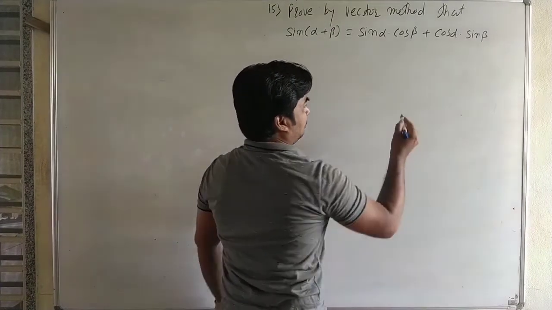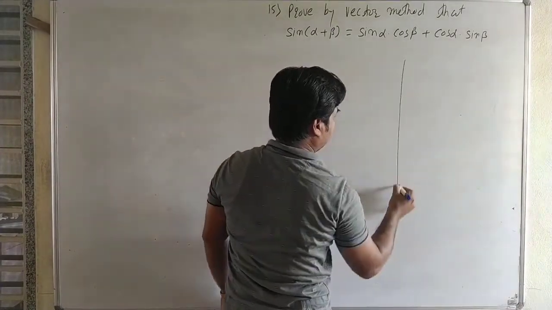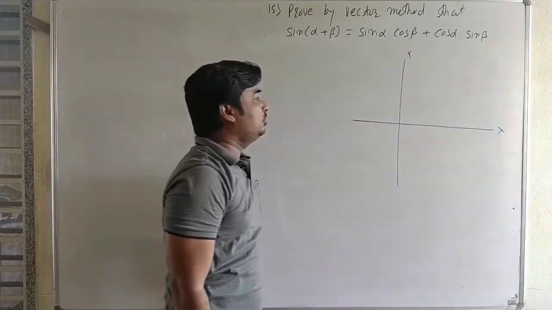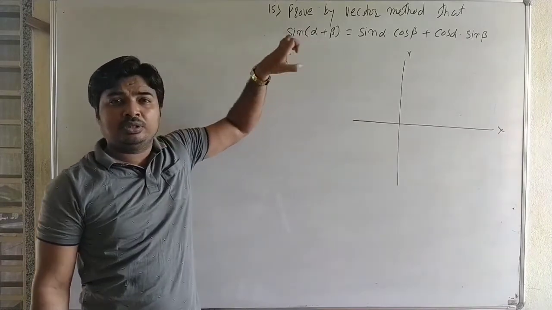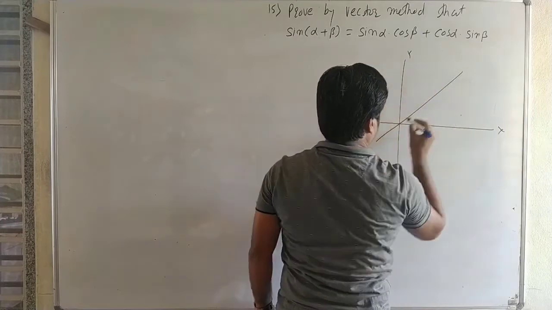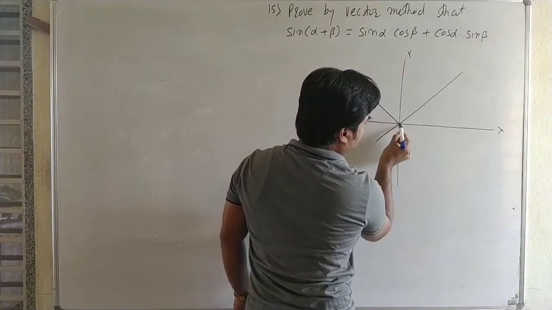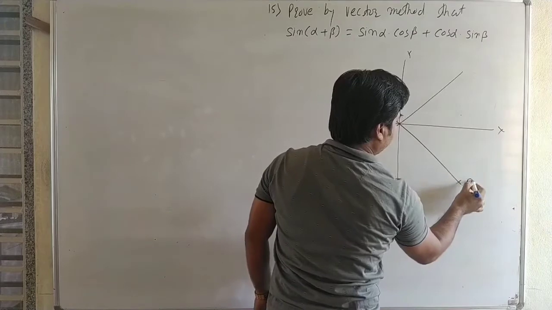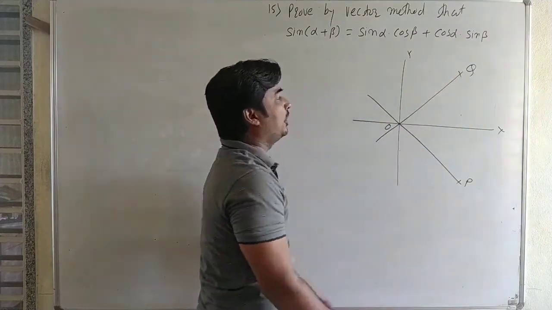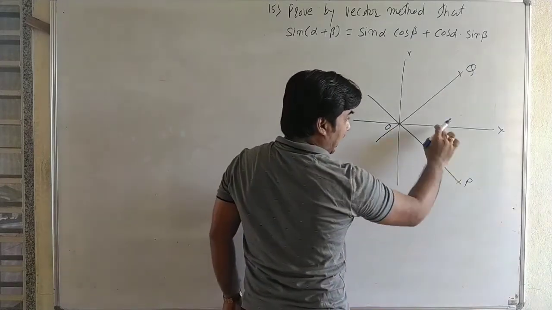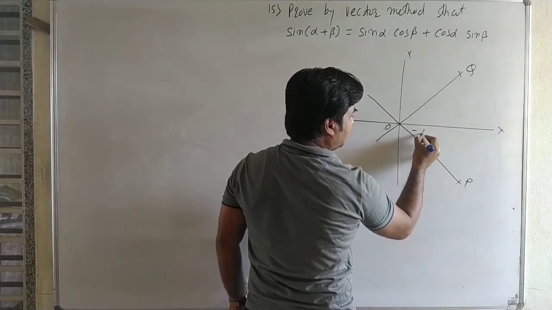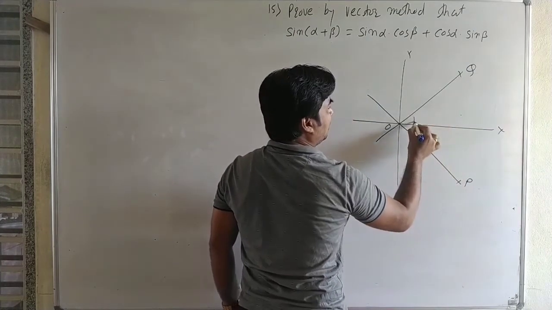Okay, now here you can write alpha and beta are the two angles. Here we want to find the addition of the angles. Okay, therefore the inclination of two vectors, suppose we get the two vectors. Suppose it is P and Q, that is OP and OQ are the two vectors. Then the angle XOP, suppose it is alpha, it is minus alpha, XOP, and it is beta.